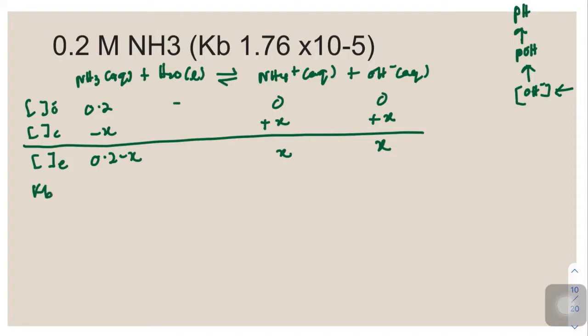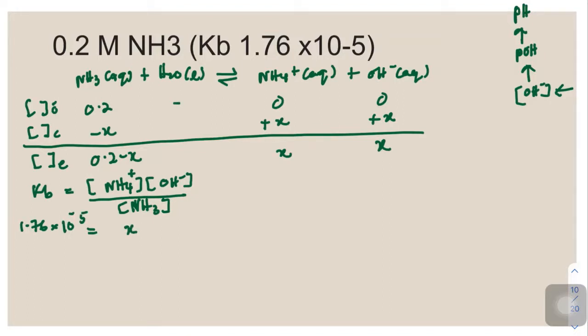The base dissociation constant Kb is equal to the concentration of ammonium multiplied by the concentration of hydroxide over the concentration of NH3, ammonia. So Kb is given as 1.76 times 10 negative 5, equal to X squared over 0.2 minus